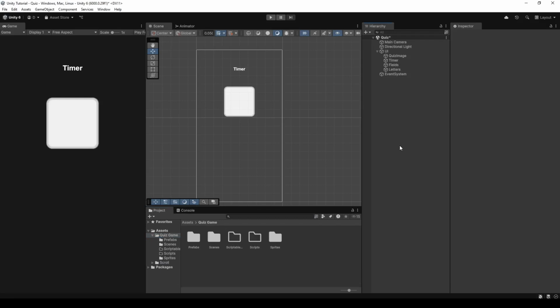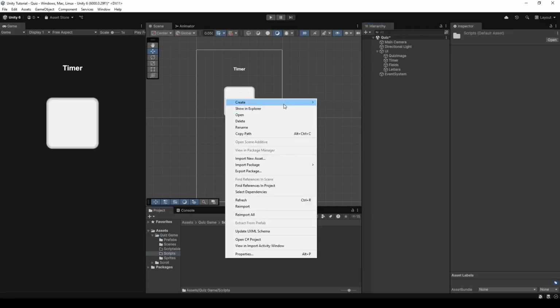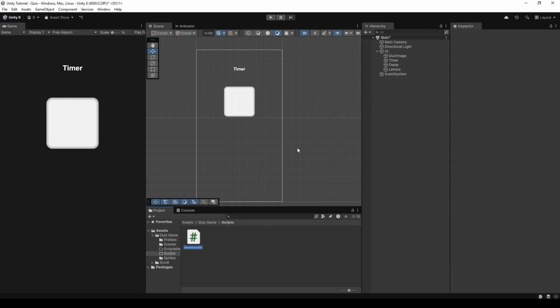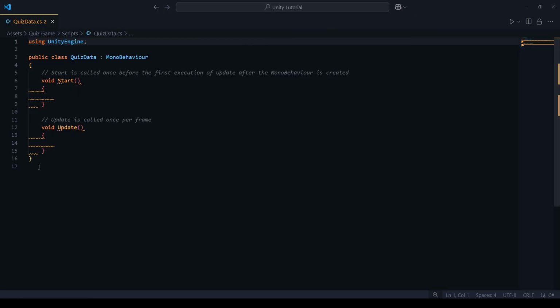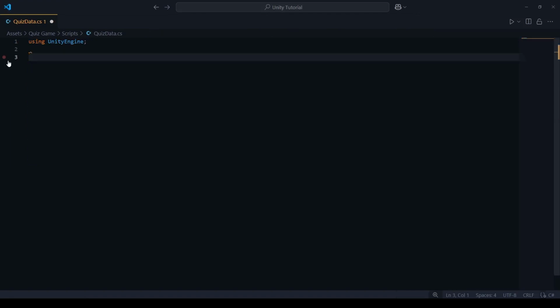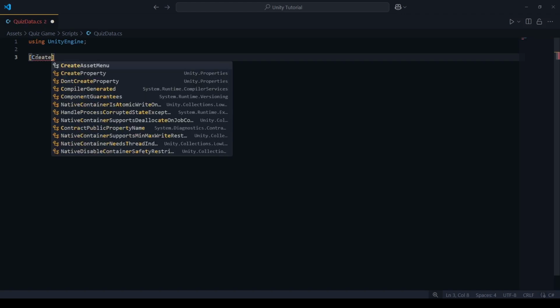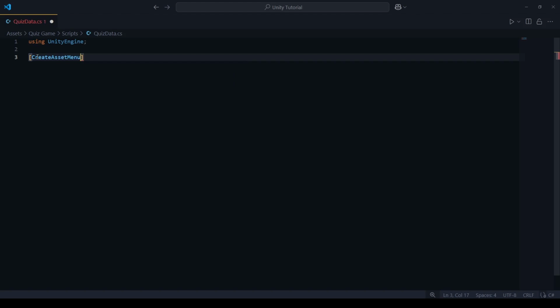Next, we need to create a scriptable object. So in the script folder, right click, create mono behavior, and then rename it quiz data. Open the script. First of all, we need to add an option in Unity to create a quiz data asset, adding a name and a path. So create asset